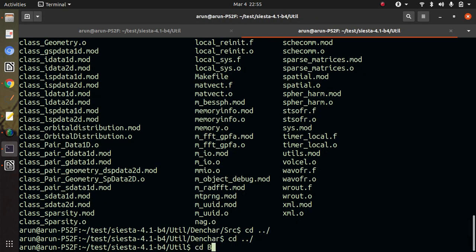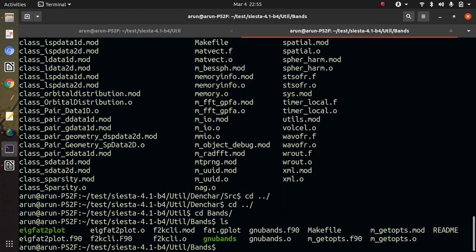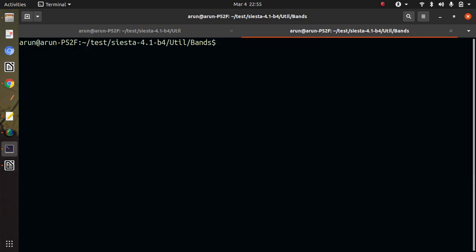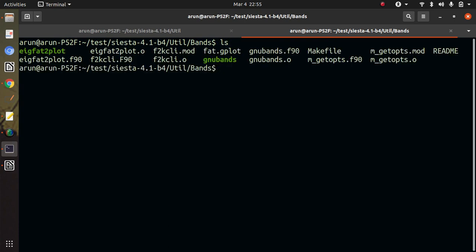Similarly, if I go to the bands, it contains GNU bands and EIG FAT to plot. If we want to run this GNU Bands utility from anywhere, then you have to copy this GNU Bands utility from here to user local bin using the super user command, right?